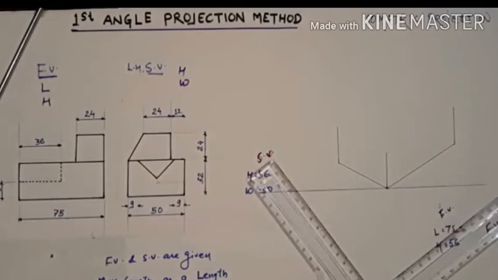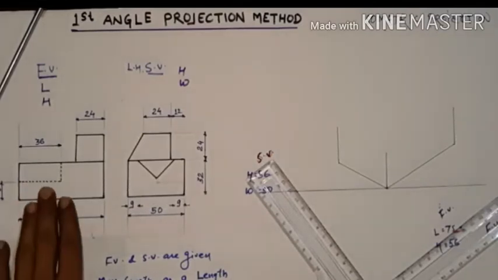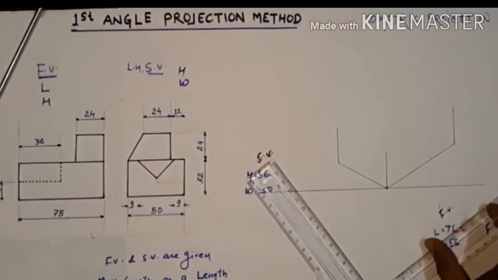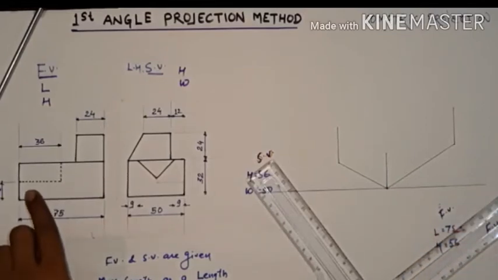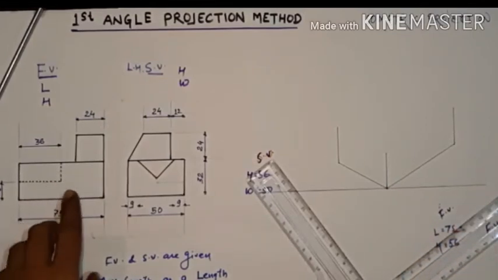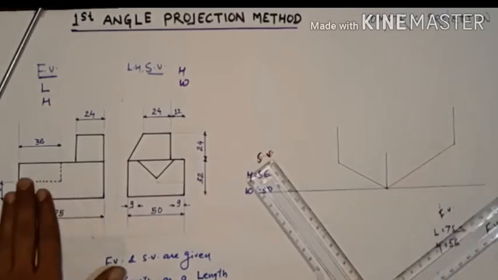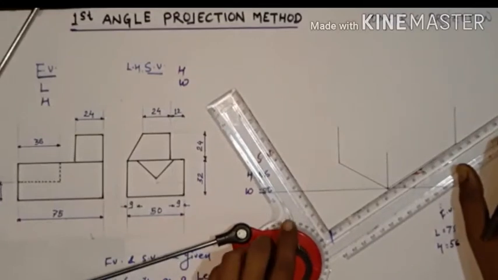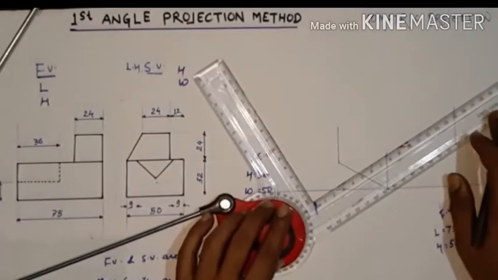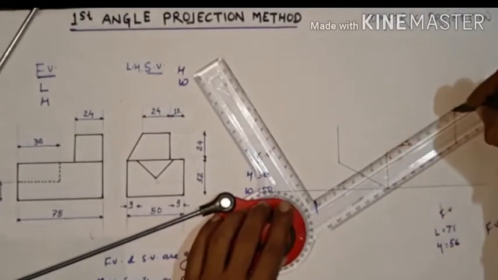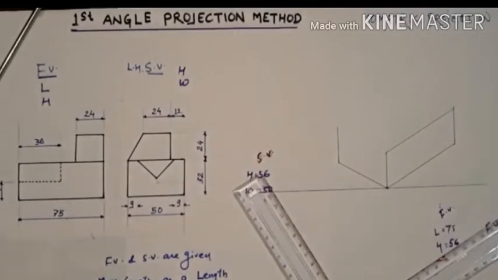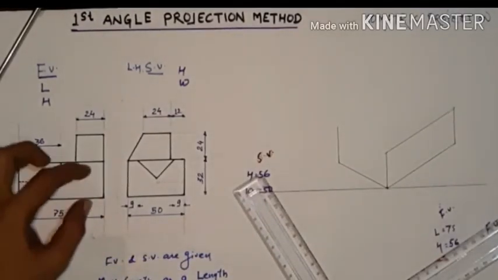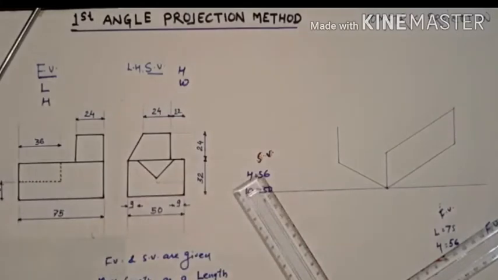Now in the front view, this line was hidden. So what does this actually mean? In the actual object we don't see this. So in the front view we just remove it. Now we just completely join these two and remove this. So here like this, just join these 2 points with a single line. So this is joined. So now the initial stage was a complete box of 75 mm by 32 mm.